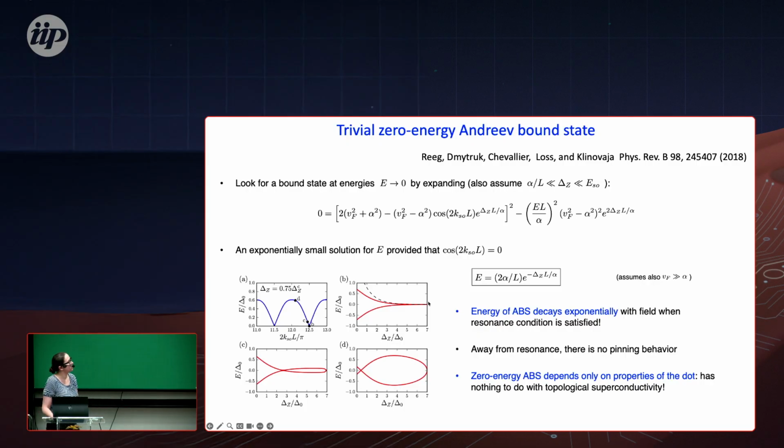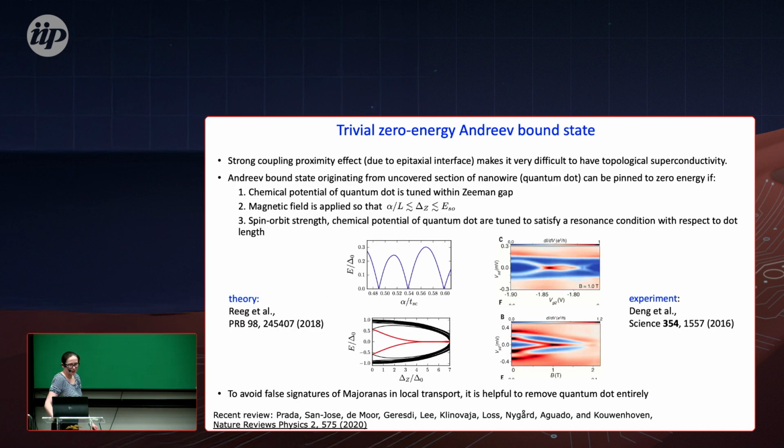It just has the effect that you have strong spin-orbit interaction, and strong spin-orbit interaction tries to renormalize the g factor, and then you lose sensitivity to the magnetic field. In this case, there's no topology which is needed. You can easily get bound states with the same properties. And then you can show that some of the simulations you do with such bound states are very similar to what you observe in some of the experiments which were interpreted as topology.